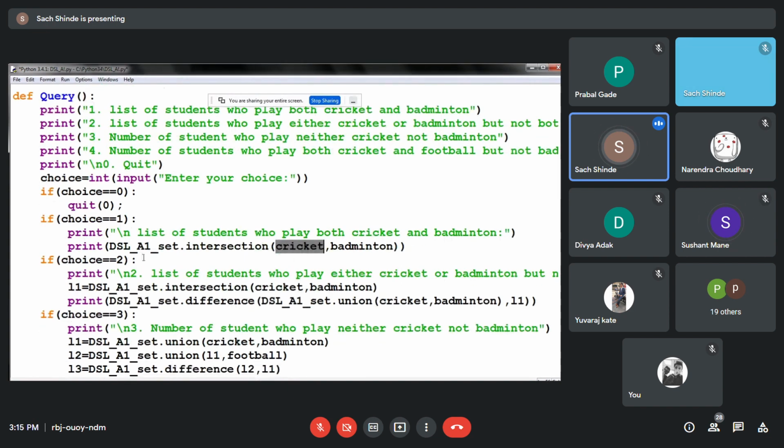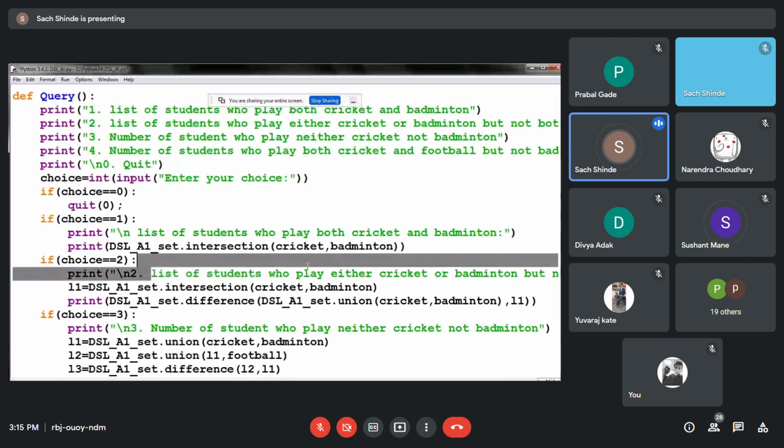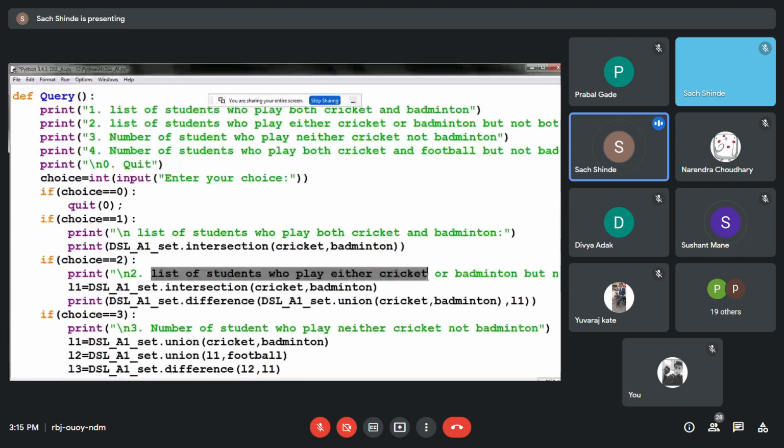Now the second statement is related to the list of students who play either cricket or badminton. Over here there is also intersection, we can say, cricket and badminton, and then we go to find the difference of that.